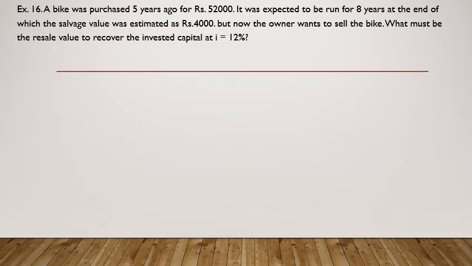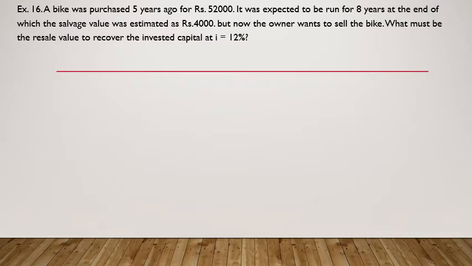This is again a very common example. Many times we purchase a bike, want to keep it for at least some time, but after some time we think, okay, let me sell it off because there is a better bike or better vehicle coming in the market, maybe a car or a bike or even the house, it could be anything. So this is again a common case.